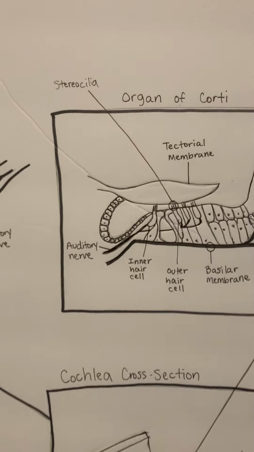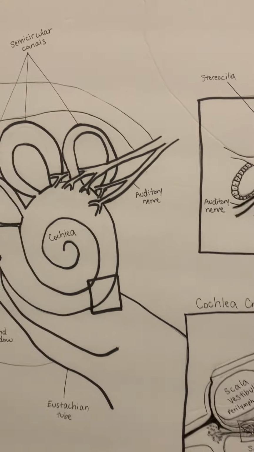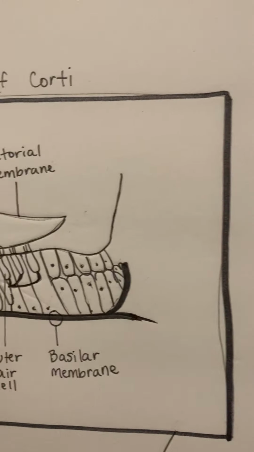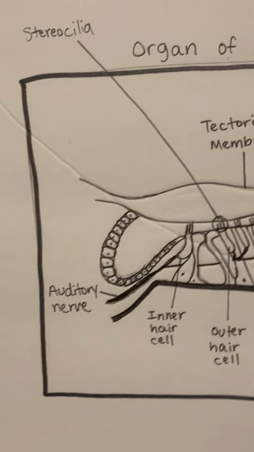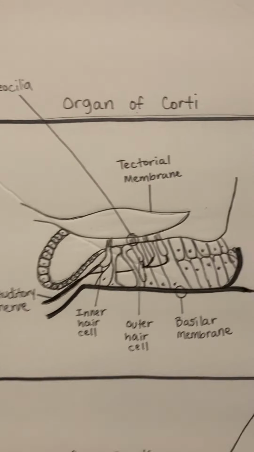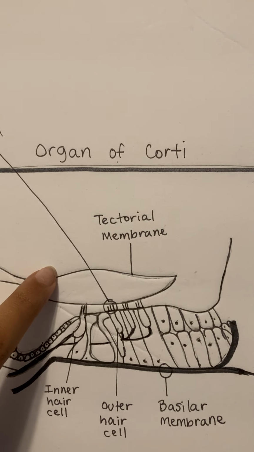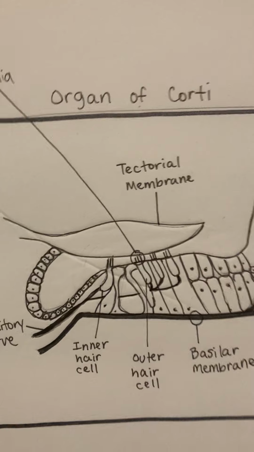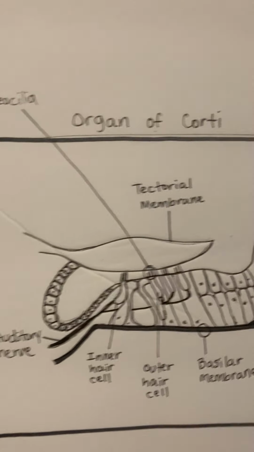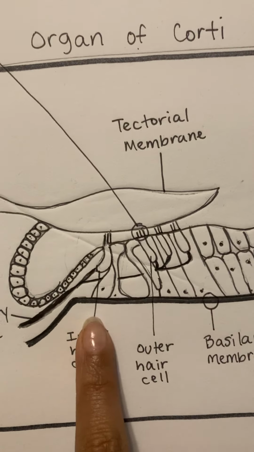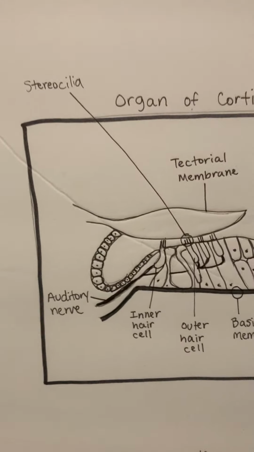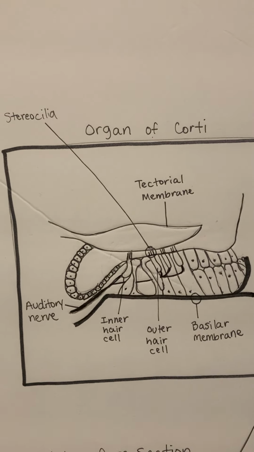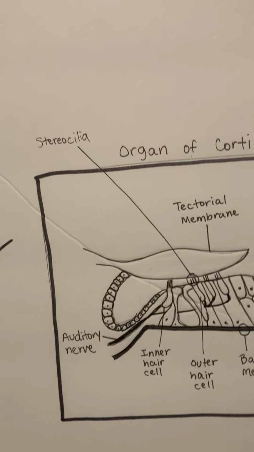And so as the hydraulic wave travels through the cochlear fluids, it sets the basilar membrane into motion, which causes the tectorial membrane up here to twist the stereocilia, which are right here. The stereocilia are embedded on top of the inner and outer hair cells. And so when the tectorial membrane pushes against the stereocilia, this causes the hair cells to open up and be